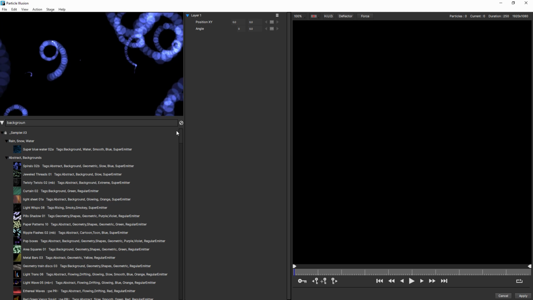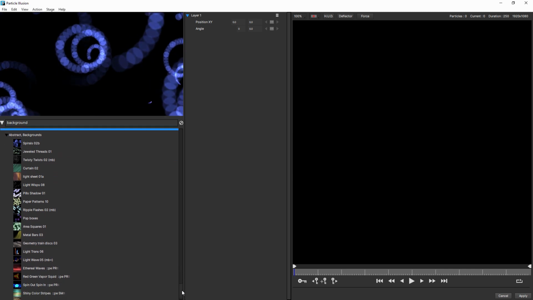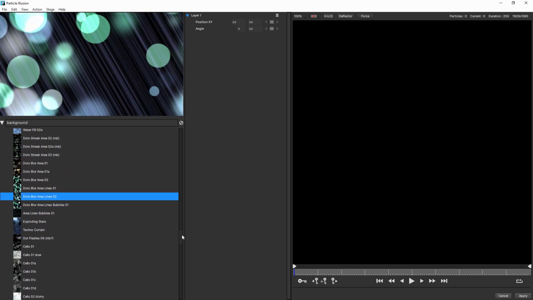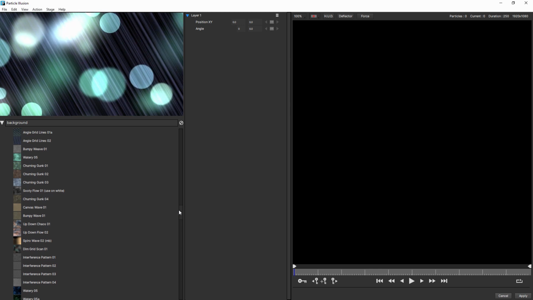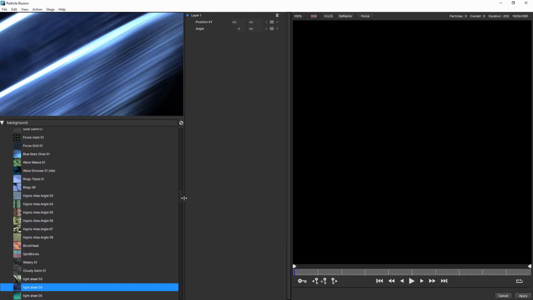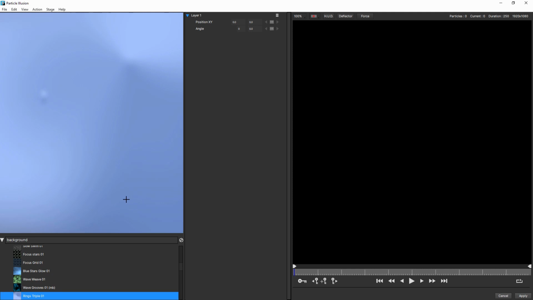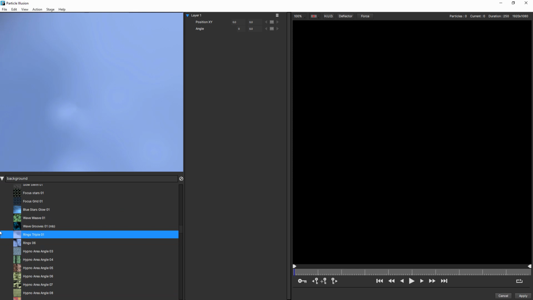So if I do a search on background, let's have a look at what we can see here. You see we've got a lot to choose from. I'm looking for something that's in motion, but not too fast or in your face. I don't want it to distract from what we've got before. Actually, maybe the light sheet looks kind of cool, and this rings triple looks cool as well. I like this. If I move the cursor around in the sampler, that's giving us quite an interesting little effect. I like that. All right, we're going to go with that.